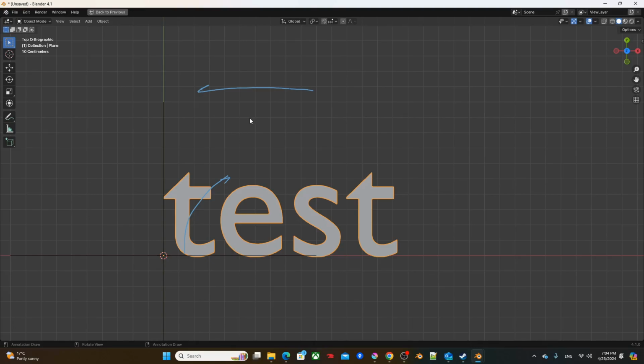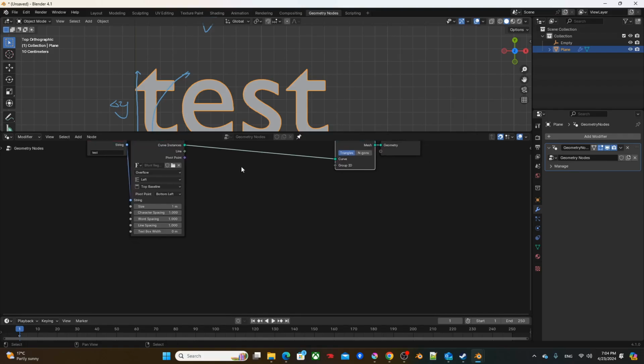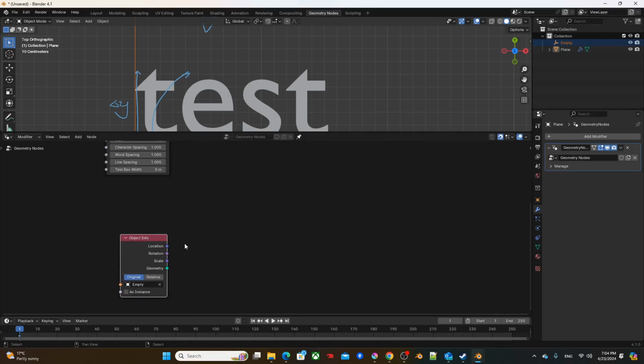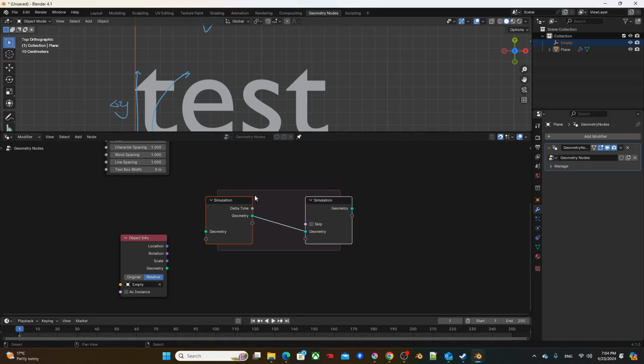So to do this, what we need is to first figure out what the speed is, and also calculate the influence factor based on the distance of delta y, like so. Okay. So let's start doing that. And like I said in the beginning, this empty will serve as a controller object, so we'll drag it right in. And now we'll add a simulation zone,